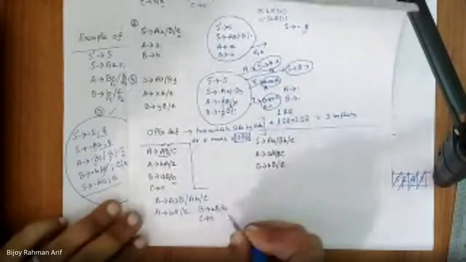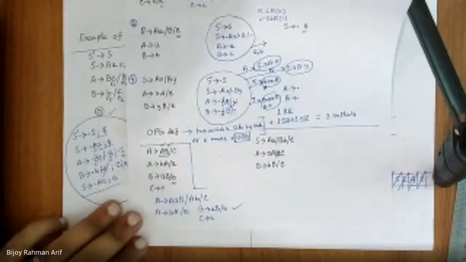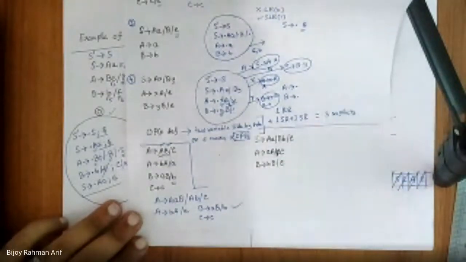C. So this would be the correct form for the operator precedence. Yes, sir. That is the correct one, but you made a mistake. And finally, this one, I have asked you how many conflicts are there in